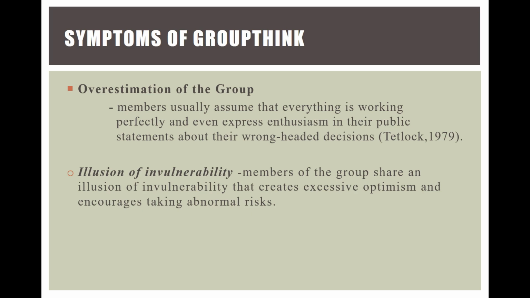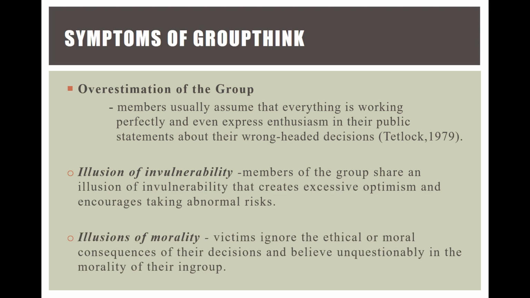This illusion of invulnerability affects the decision making of the group. It's because this is where they think that they are performing well, even though they are actually not. Although being confident and optimistic is helpful, thinking that all obstacles can be easily overcome through power and good luck can really cut short clear analytic thinking in decision-making groups. That's why it affects the decision making of the group.